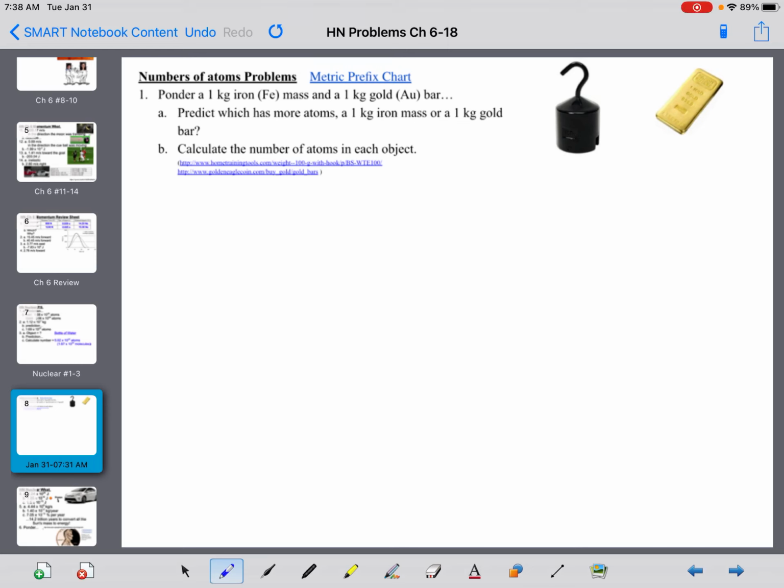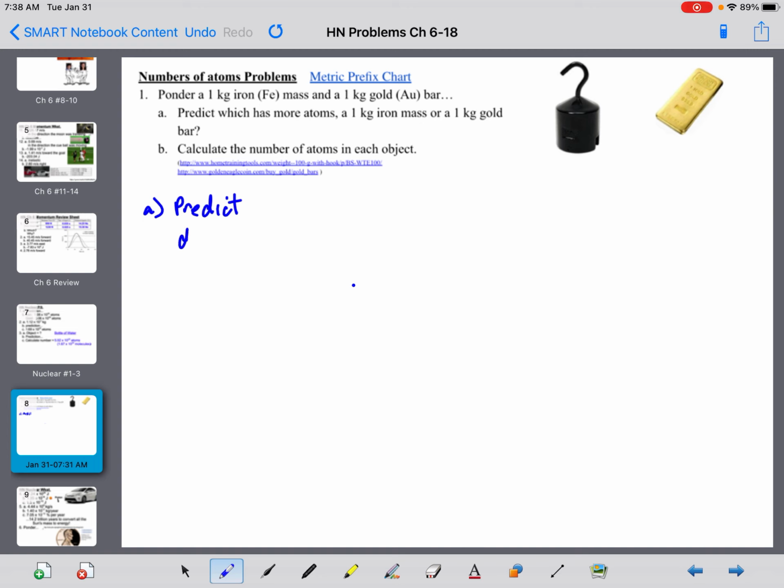Problem number 1 on the nuclear problem set. Predict 1 kilogram of iron, ponder 1 kilogram of iron mass and 1 kilogram of gold. First thing you want to do is predict how many atoms are in the iron and in the gold. So in part A, when you're making a prediction, think about some of the things that we talked about in